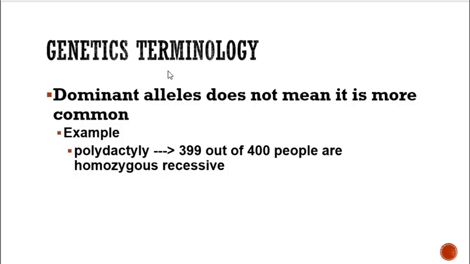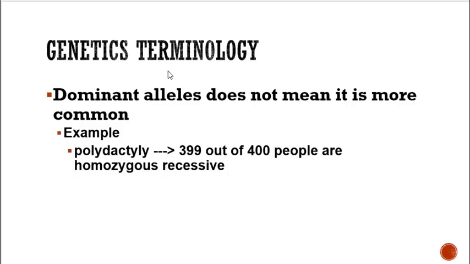So it's saying 399 out of 400 people are homozygous recessive because we're not polydactyl, whereas 1 out of every 400 people are polydactyl. So even though it's controlled by a dominant allele, it is not dominating the population, if